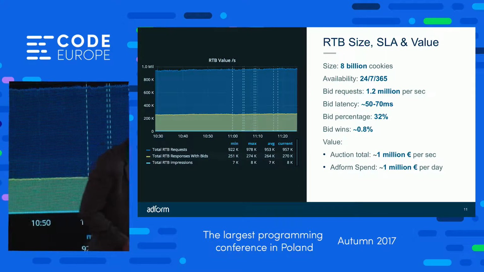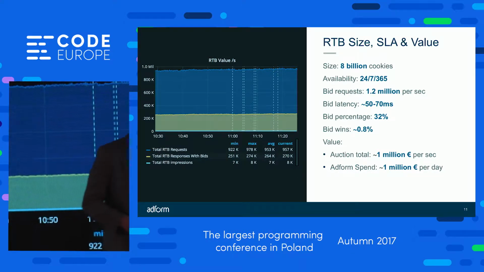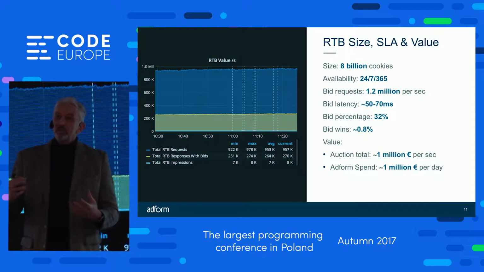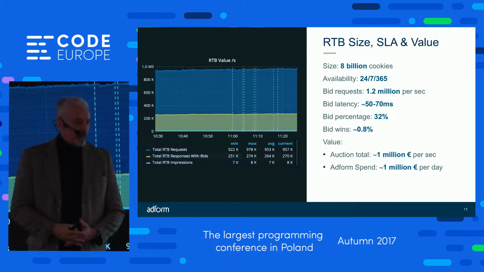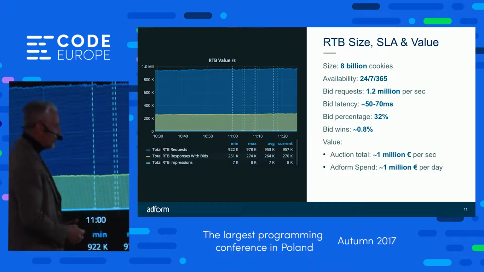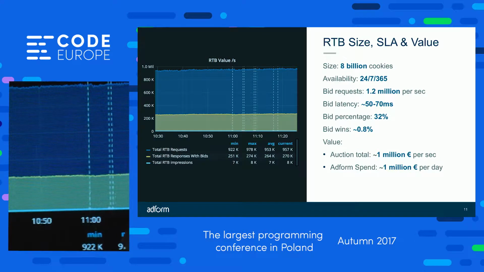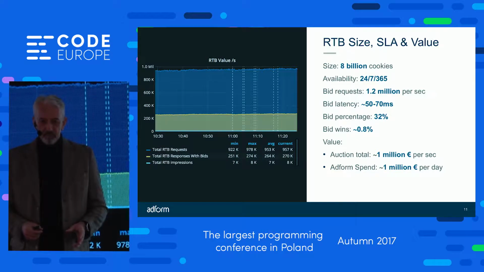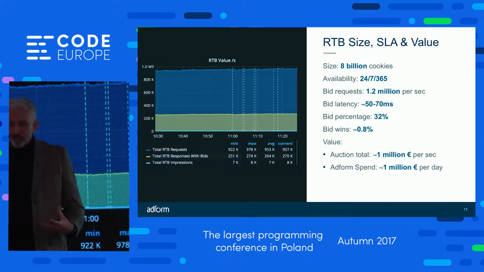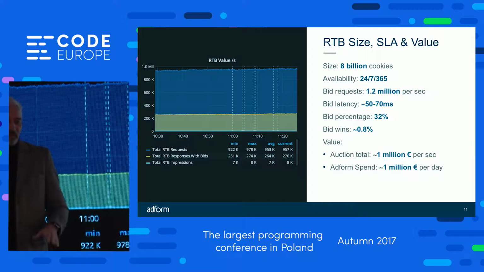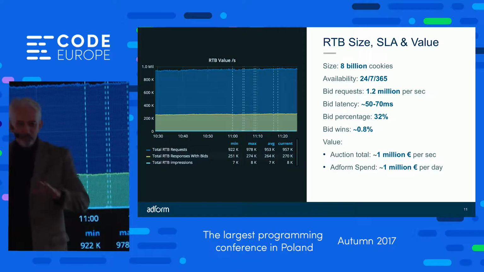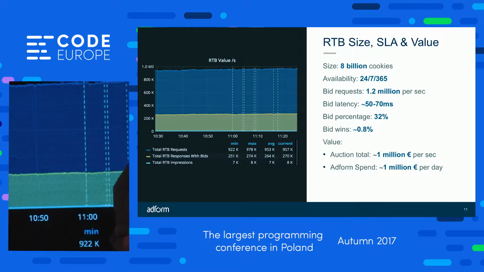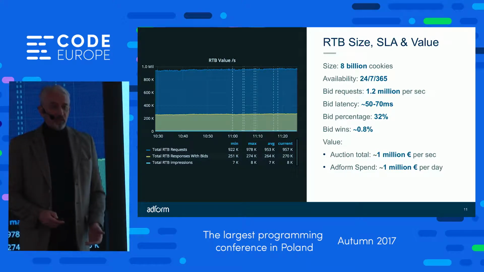So at any one point in time, there's about €1 million worth of real estate advertising billboards to be sold in the market, any second in time. And we spend on behalf of our advertisers about €1 million per day. So we don't get €1 million per day, otherwise we would all be driving Tesla S's and living in some rich place, flying in private jets. We don't make that kind of money. But this is what passes through us. And in fact, we have to be as accurate as a bank in terms of money.